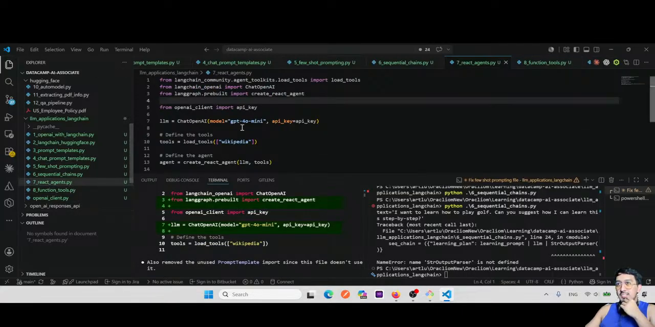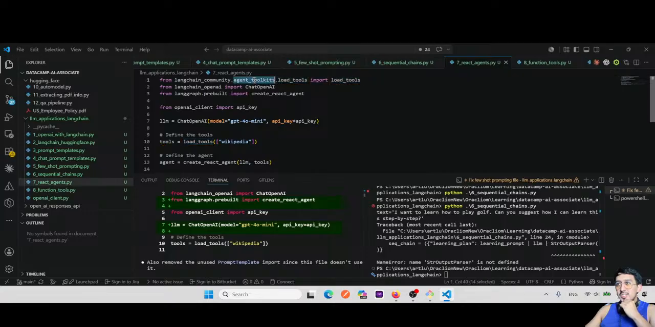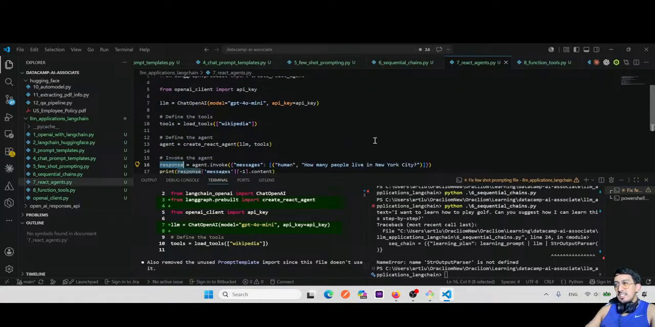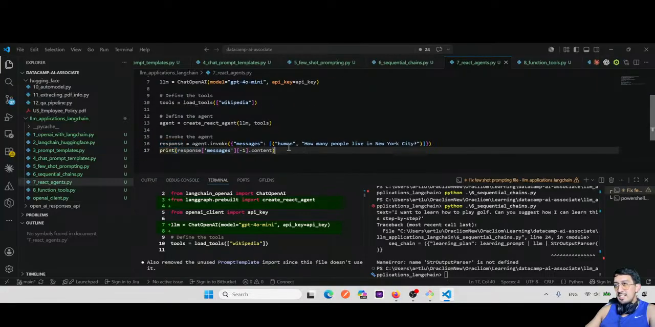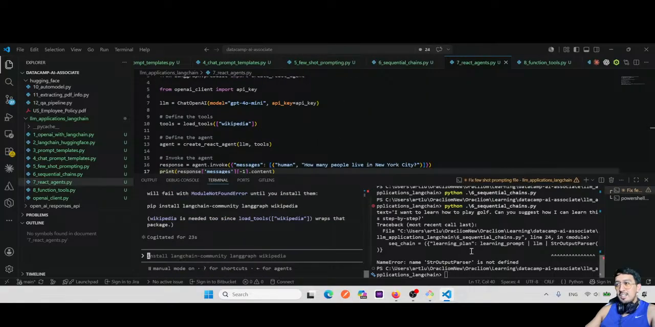Okay, so in the 7, we did this create React agents. This load tools is coming from the Langchain community load tools. And you get the agent invoke response. That's pretty much it. And then in here it's going to use the Wikipedia agent that is built in from the load tool. So if I run 7,